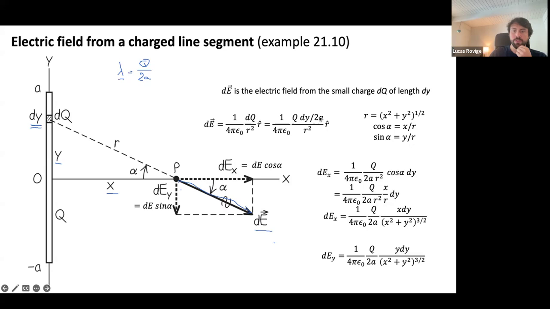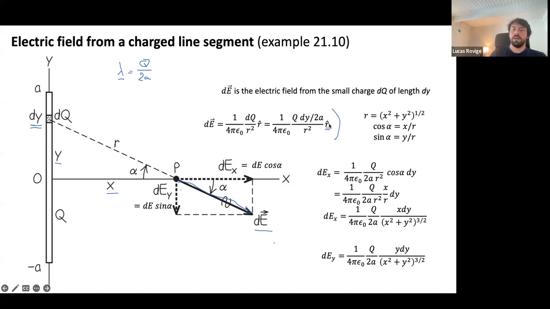So we have q divided by 2a multiplied by dy. dq is the small charge, which is the charge per unit of length multiplied by the length of this element, and this length is dy. And so we have the total small contribution for these elements expressed here, but it is expressed in